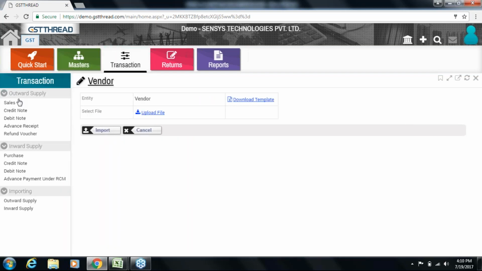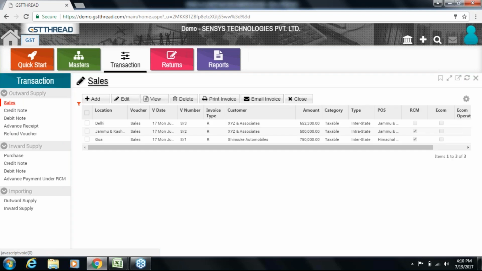Now we move on to transactions. It is a sale transaction.